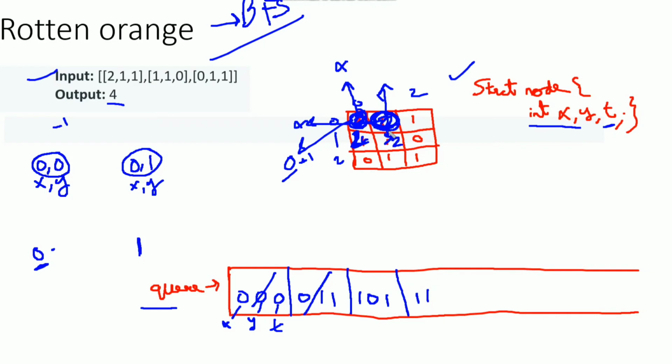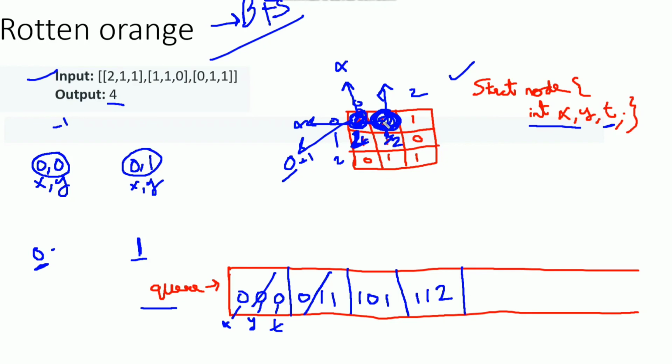For this conversion we need to increase the time. The current time is 1, so converting the adjacent location from value 1 to 2 takes current time plus 1, so it will be 2. Because the current location has time 1, we need to add 1 to it if we encounter any 1 in its adjacent cell location.